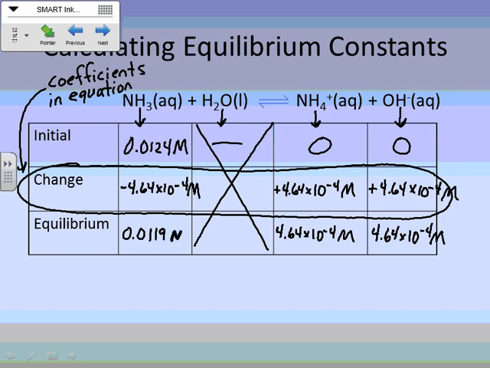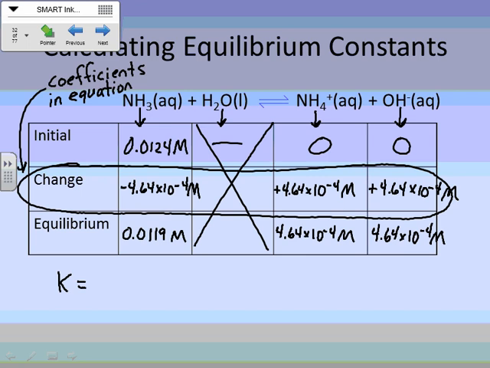0.0119 molar for my ending concentration of NH3. Okay? So now we just figured out all the equilibrium concentrations. So then we can plug that back into our equilibrium expression. K equals,